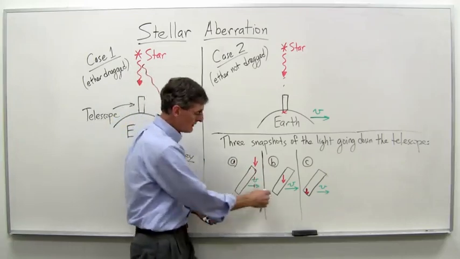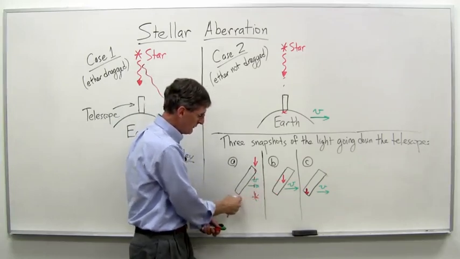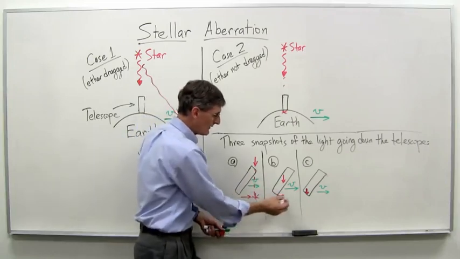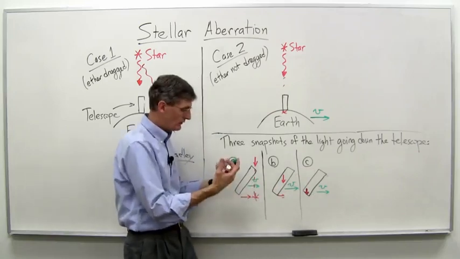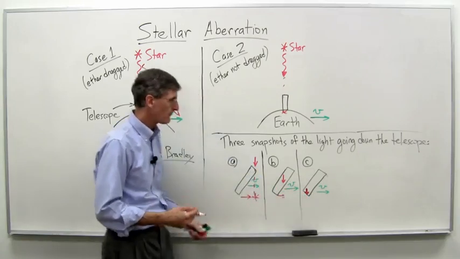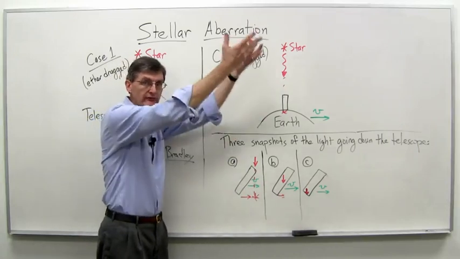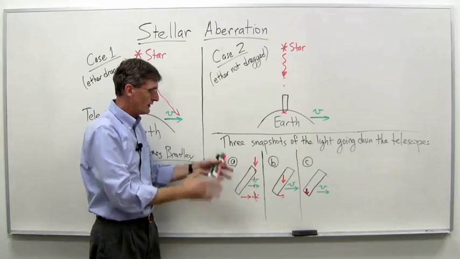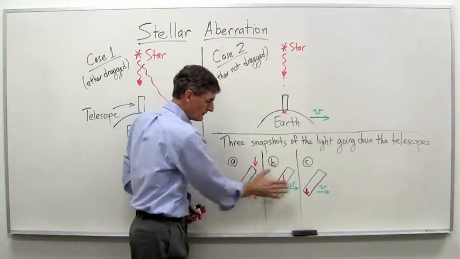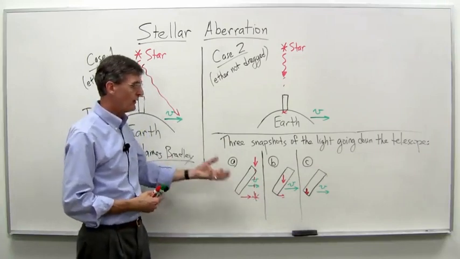A millisecond later, or microsecond even, a nanosecond probably, the light is halfway down the telescope tube. The mirror is coming over into this position, but not quite there yet, so it's moved a little bit. And then finally, when the light gets down to the bottom, the telescope has moved far enough so that it catches it just right. So again, sort of the umbrella and the raindrops idea. You've got to tilt the umbrella a little bit to catch the raindrops that are falling down in front of you. Same thing here. You have to tilt the telescope so that it catches the light coming down just at the top of the telescope, and then as the telescope moves, it catches the light beam at the very end there, the bottom of the telescope.